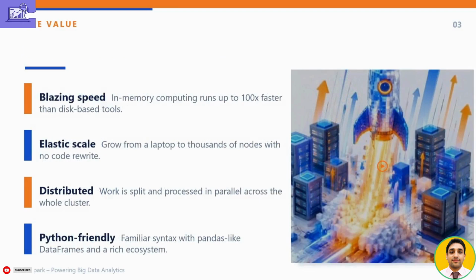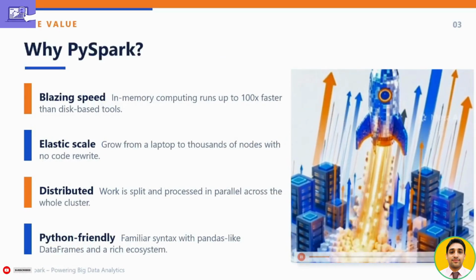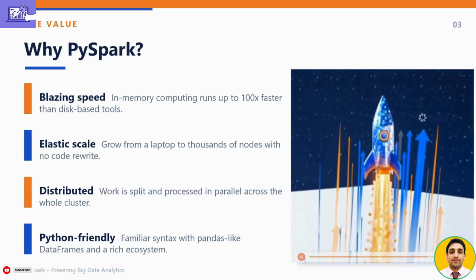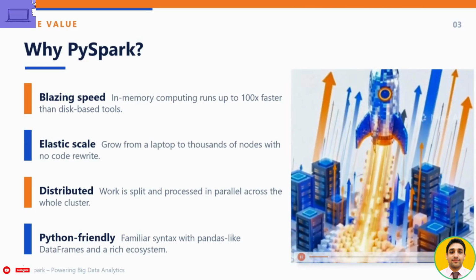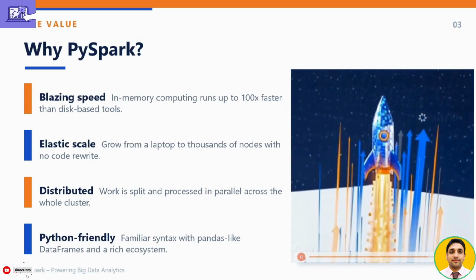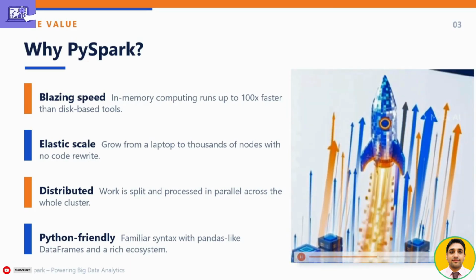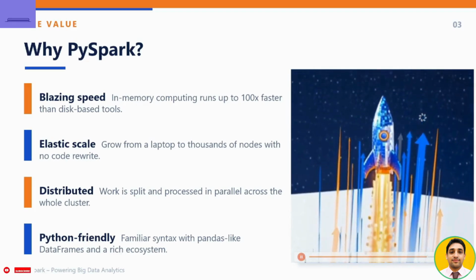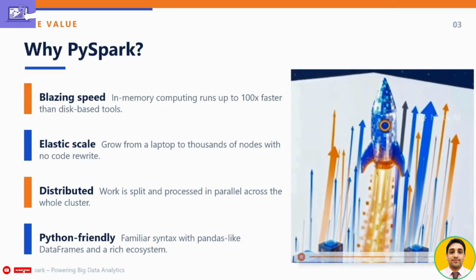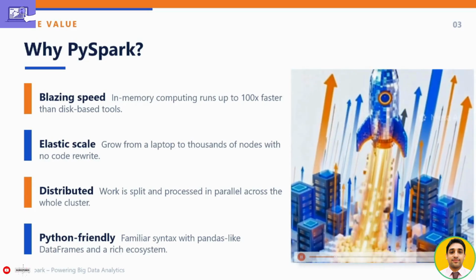Now, why PySpark? Let's talk about why PySpark has become so popular in the industry. The first big reason is blazing speed. PySpark performs in-memory computing, which means it keeps data in RAM rather than constantly reading and writing to disk. This design can make it up to 100 times faster than traditional disk-based